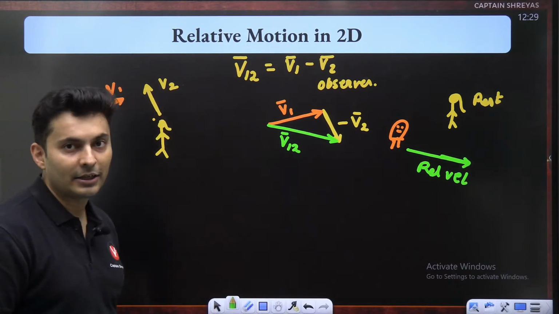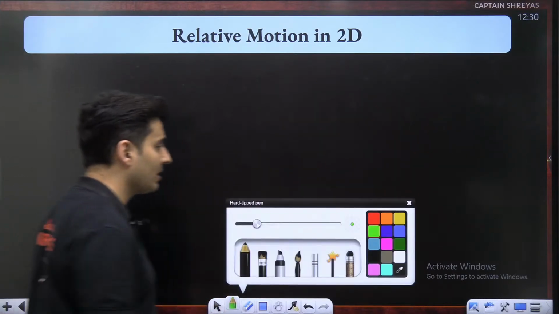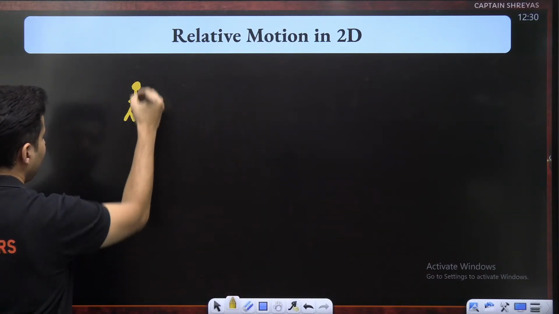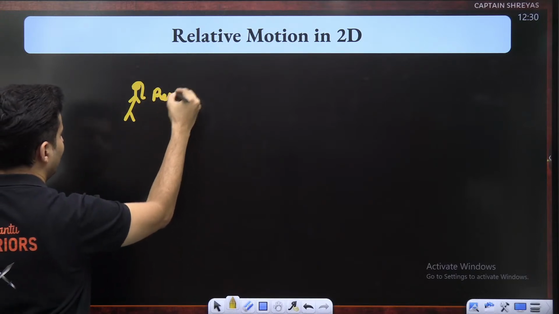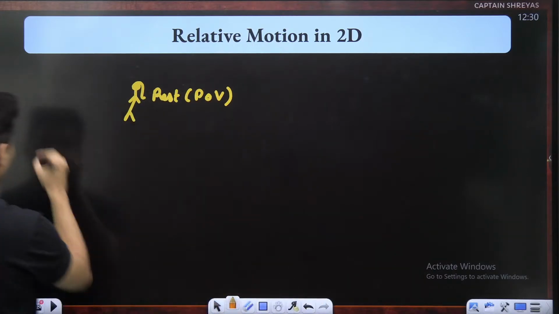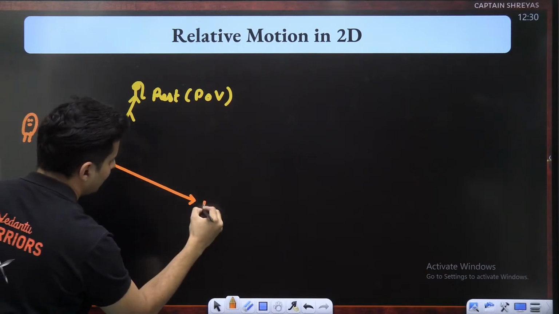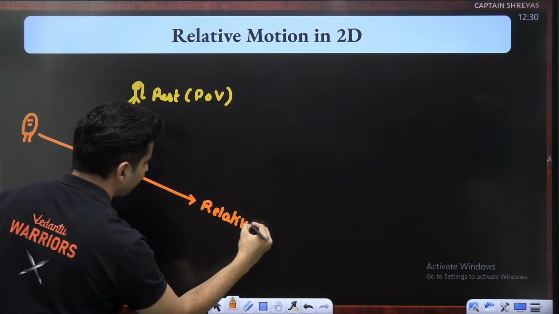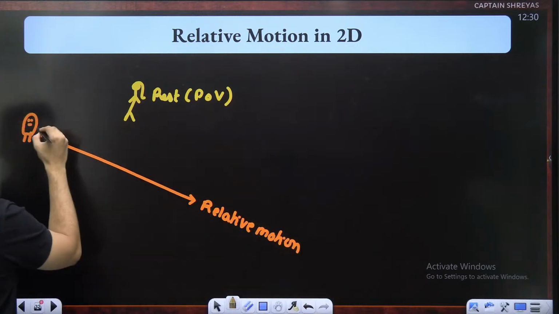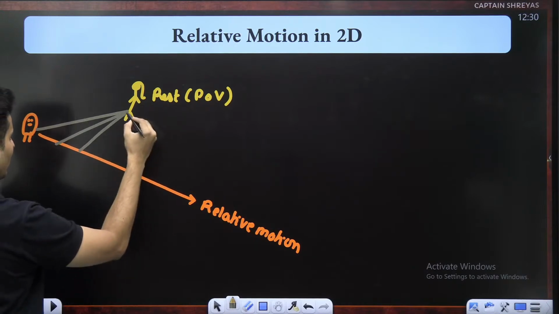This is the meaning of relative motion. Now, there are many applications of such a relative motion concept, and one such application is, imagine if our Champa is assumed to be at rest because she is our perspective, frame of reference, point of view. Our Pandu, who is over here, is moving like this. This is the relative motion. If you notice, Pandu and Champa are separated by some distance. This distance keeps changing as Pandu keeps moving,